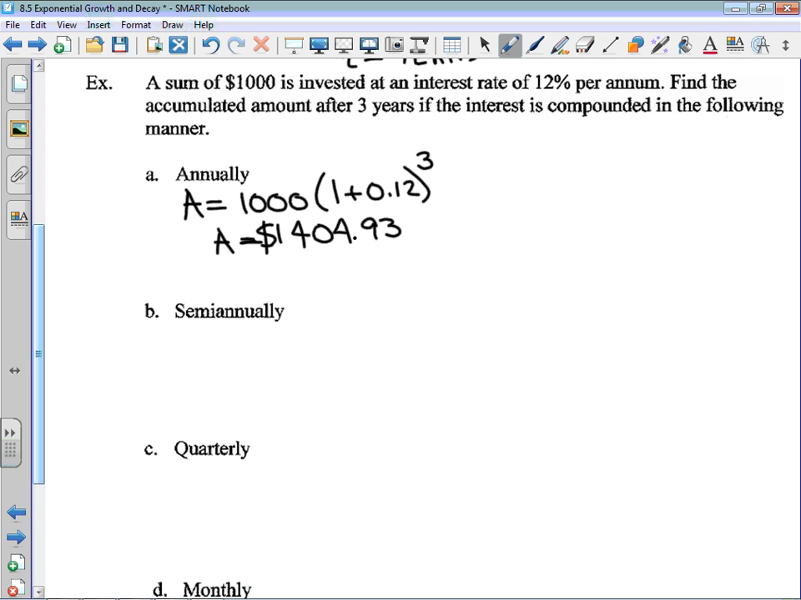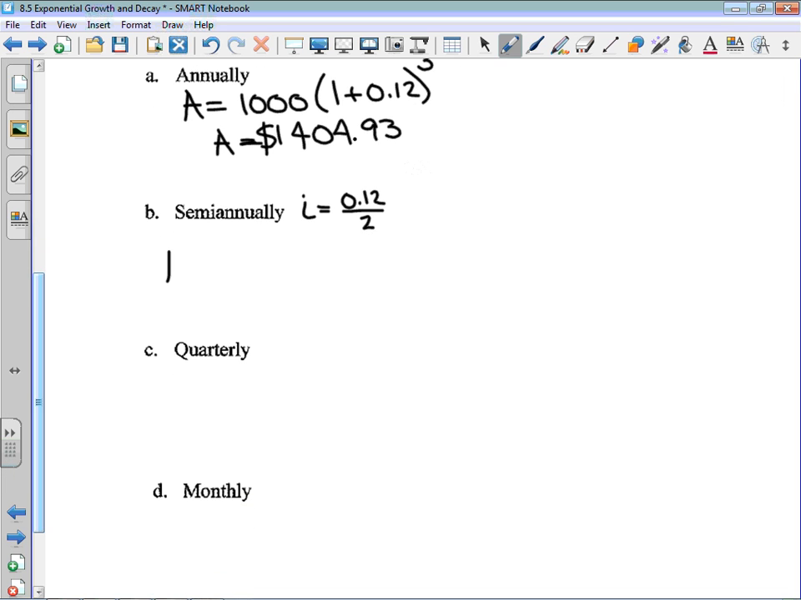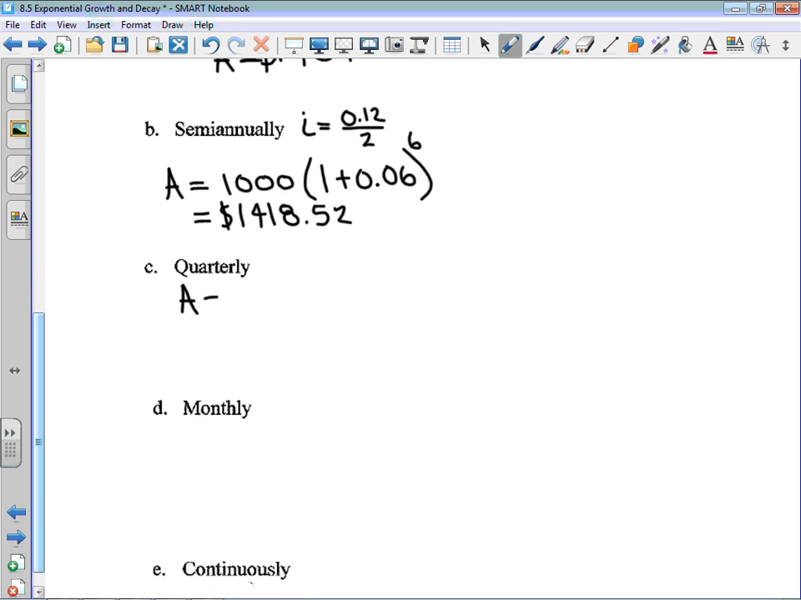Now it's important that if it's semi-annually, I is no longer equal to 0.12. It's going to be equal to 0.12 over 2, because we're going to get half as much interest, twice as often. So the accumulated amount is equal to 1,000 times 1 plus 0.06. But because I'm getting a compound every half year, the exponent is going to be 6 there. And what we see happening is all of a sudden we have a little bit more money. And the reason is because we are getting more interest on the interest. If you look at quarterly, that's going to get a little bit better. The accumulated here is going to be 1,000 times